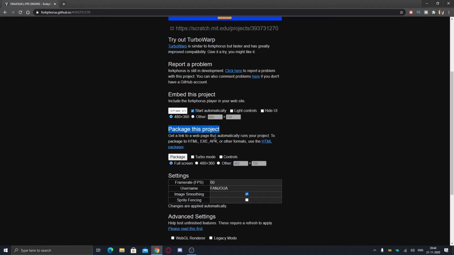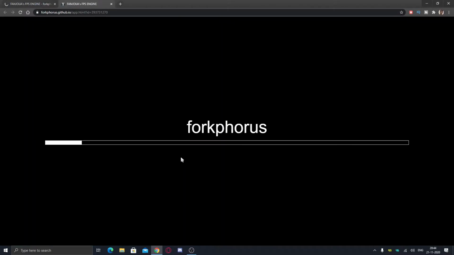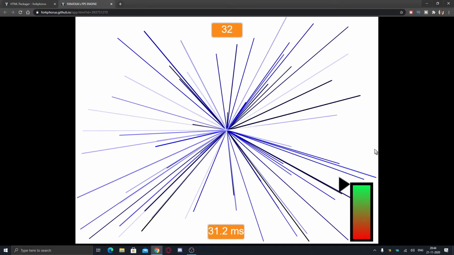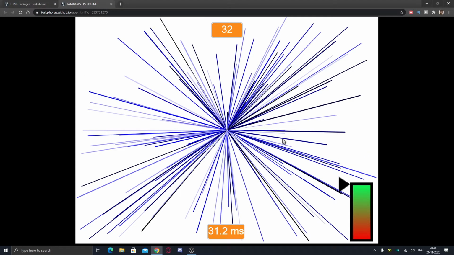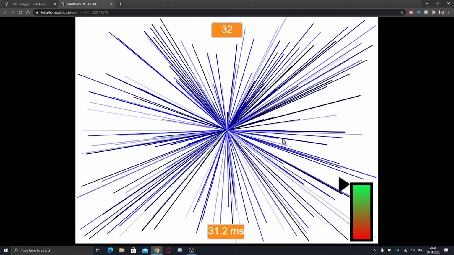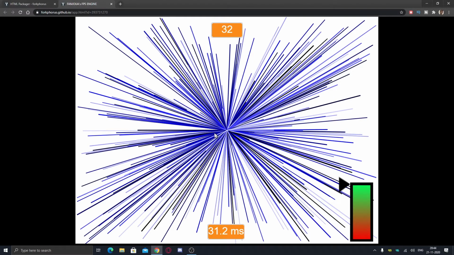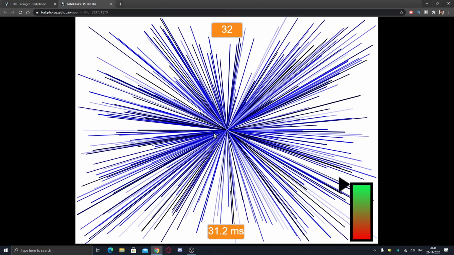So if you want to package this project, you can just click on package, and here you can see this is loading. And here you can see this is now working. This has a high FPS, so it doesn't affect performance, and it works better than Scratch itself. So here you can play your games much better if they lag in Scratch, if they don't have any problem